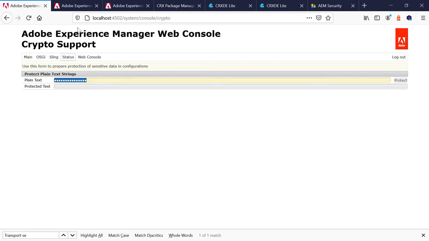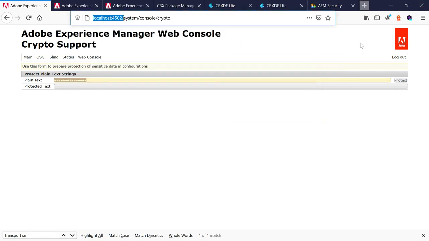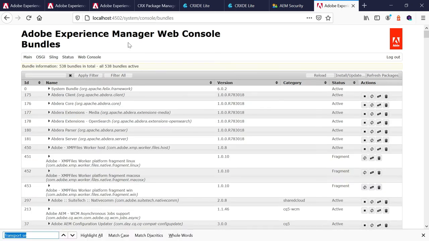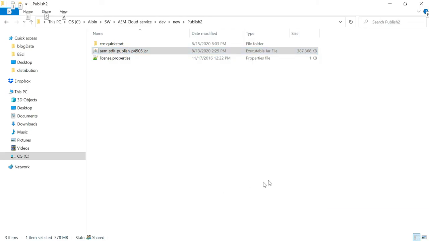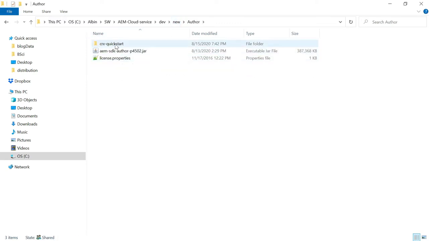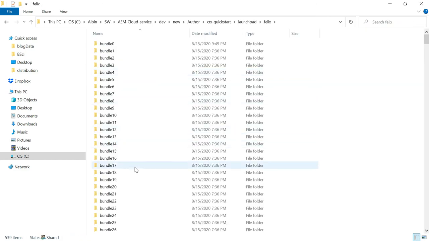For that, as a first step, in author go to the bundles and look for crypto.file. Find out this bundle ID; here you can see the bundle ID is 36. Now go to the file system, then author, quickstart, launchpad, Felix, and go to the corresponding bundle 36.